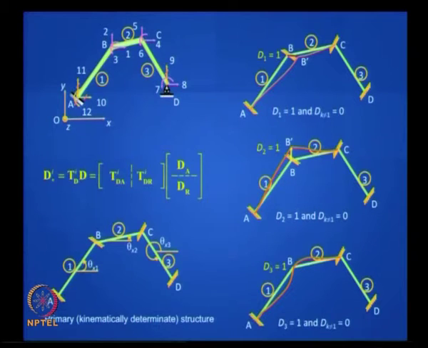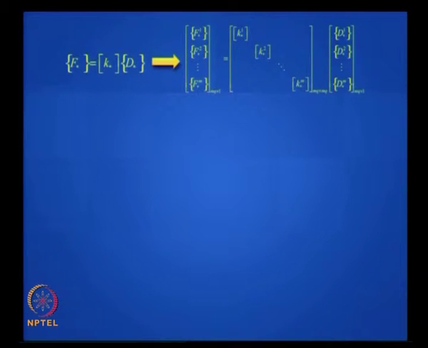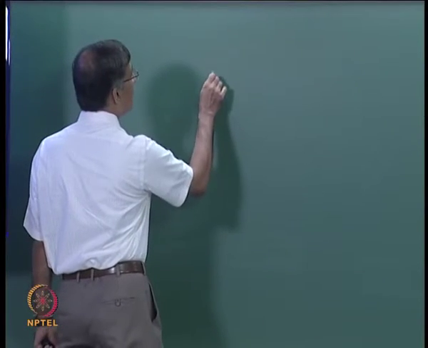But the computer has no feel for any physical approach, it has to do it mechanically, blindly, and that too is possible. Before that, let me talk of this matrix K star, which is sometimes referred to as the unassembled stiffness matrix. Okay, let me give you a simple example. Let us take a truss. Let us say the truss has 4 elements.